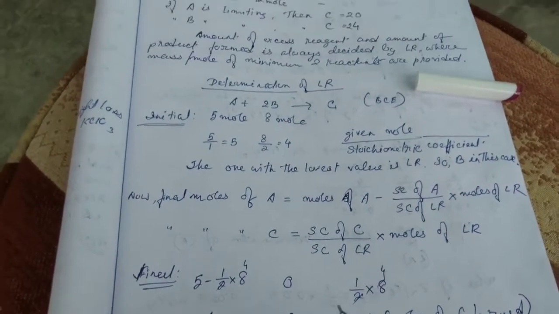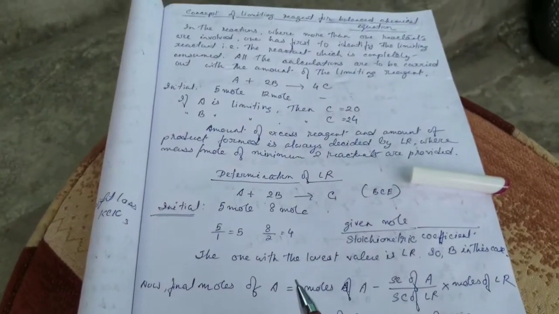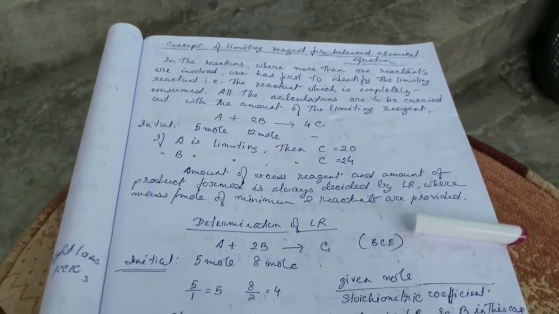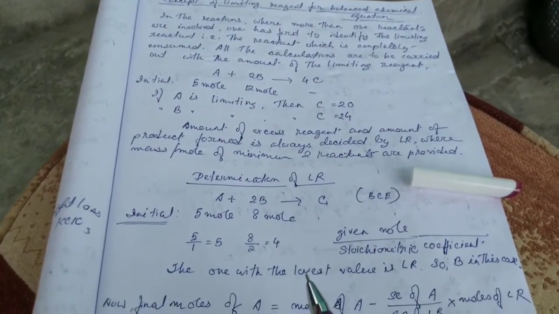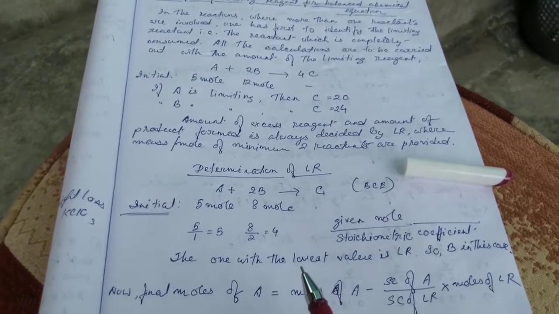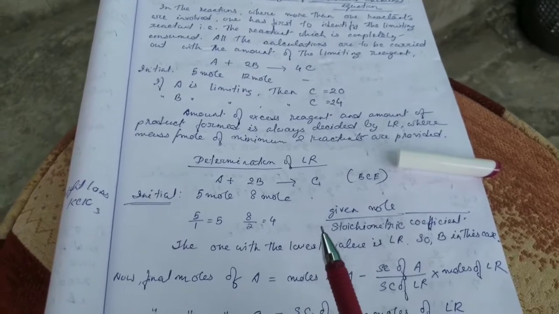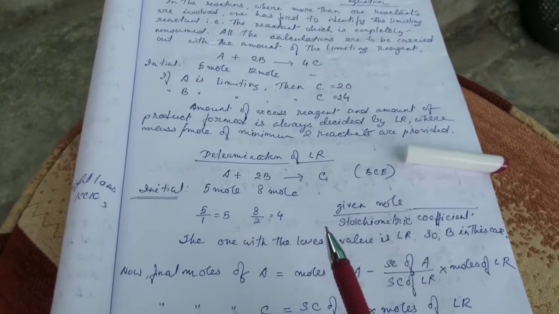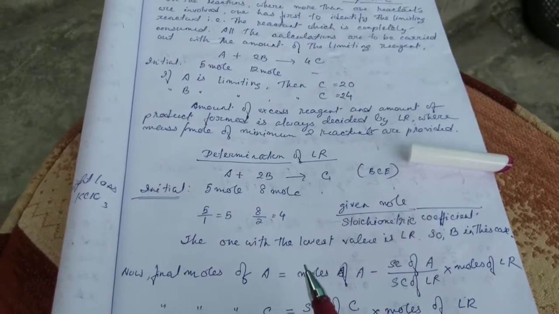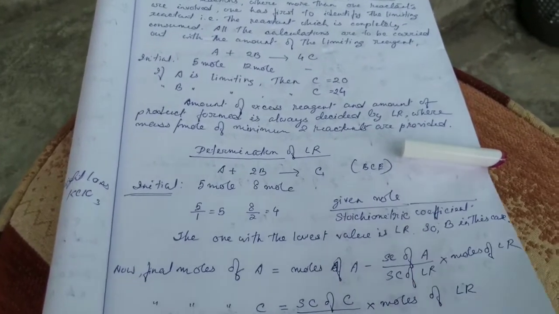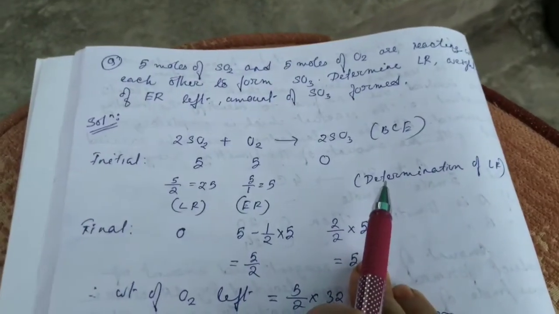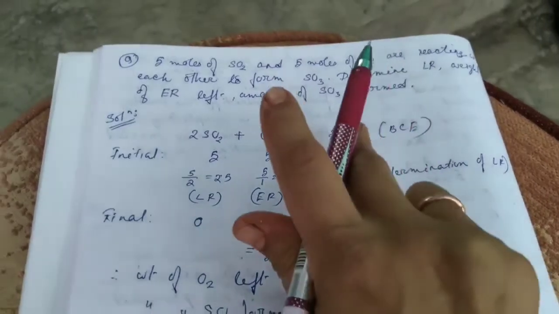So for problems where more than one reactant is involved and information has been provided for both the reactants, we can proceed in this way. First, balance the equation, then find out the limiting reagent, and based on it we can determine the other factors. Here we see a few examples based on the limiting reagent concept.